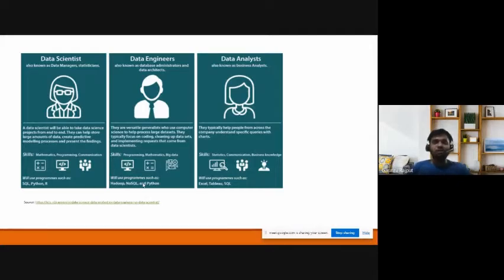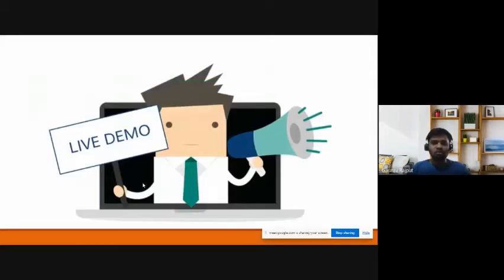And data scientists would then use that data to predict, to do machine learning. So you would see roles at times blur, but most of the time data scientists are mathematicians. They have statistical knowledge. Data analysts are the ones who understand the data, who would use SQL and Excel effectively. And data engineers are the ones who will build the pipeline. So they should know programming, they should know how to get the data and keep the pipeline healthy so that the data flow does not stop. So these are the various roles that you would find.